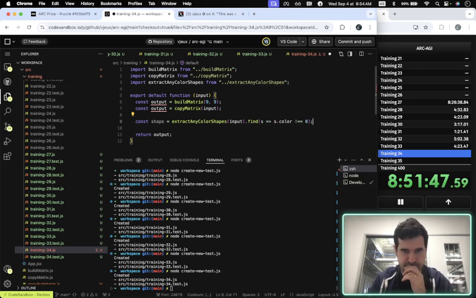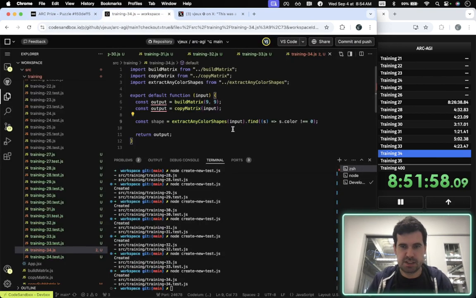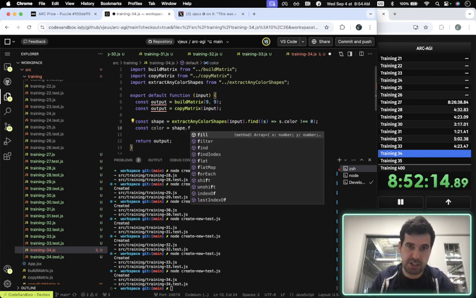Okay, so this is good. So now what we want is to get the actual color. So const actual color, so color equals shape dot shape,